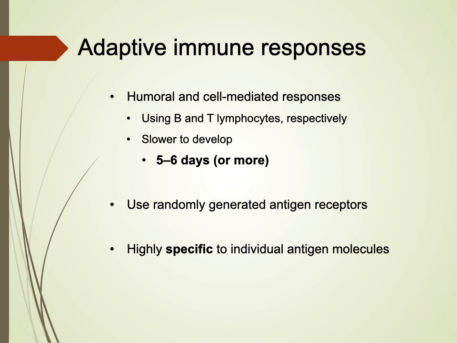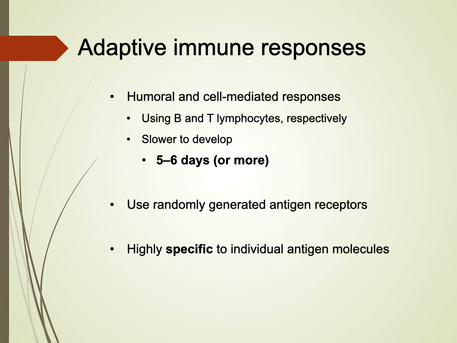And so your adaptive immune response could tell the difference between hemorrhagic E. coli versus your run-of-the-mill E. coli that's not going to cause you any issues. So, most of us have E. coli in our gut. It's actually responsible for producing vitamin K for us. So it's certain strains of E. coli that are actually very beneficial. And so our adaptive immune response can actually see the difference between them because it's so specific.